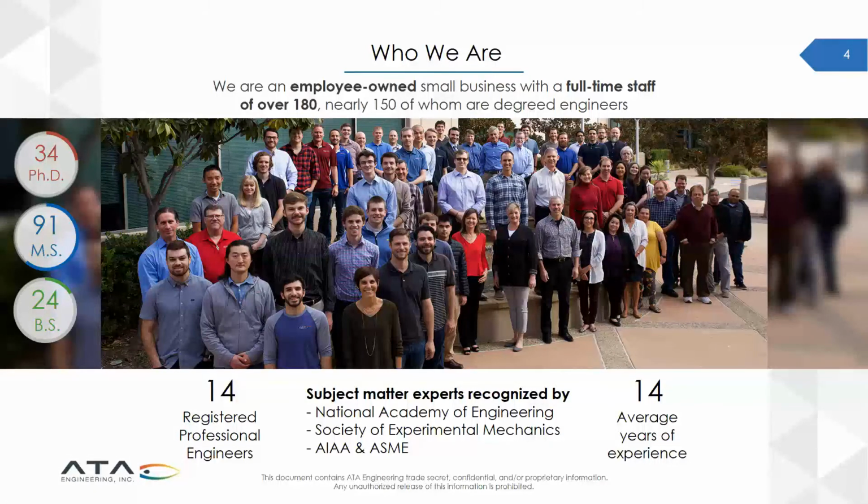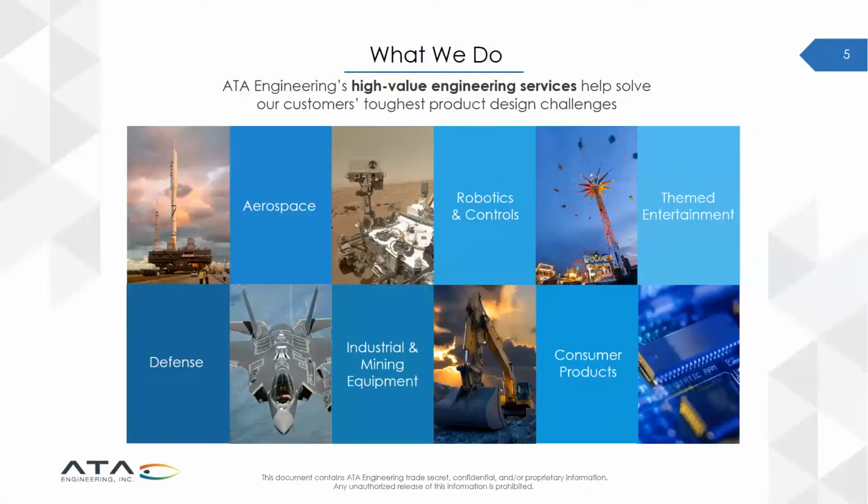in California. We're an employee-owned company, and we're very expert at the things that we do. We tend to do many of the hard projects in the US and globally for engineering consulting. We have over 180 people, and over 34 of them are PhDs and beyond. So we're a very skilled group of engineers doing the hardest tasks. We work in various industries, primarily aerospace and defense, but also some robotics and controls. Themed entertainment is interesting for us too, some of the theme parks, and a few other smaller industries and